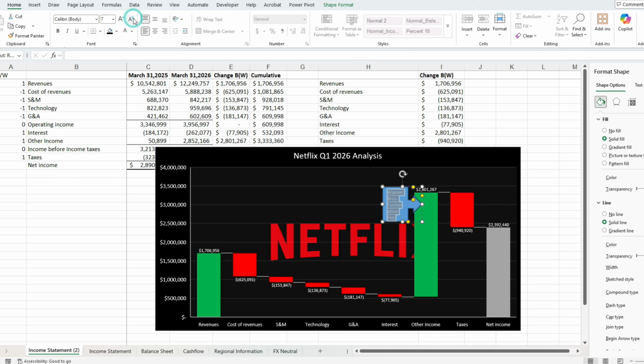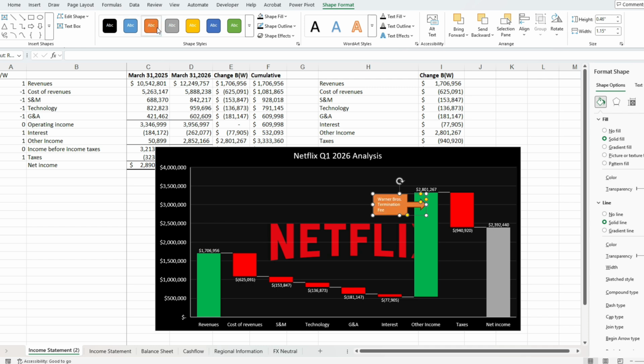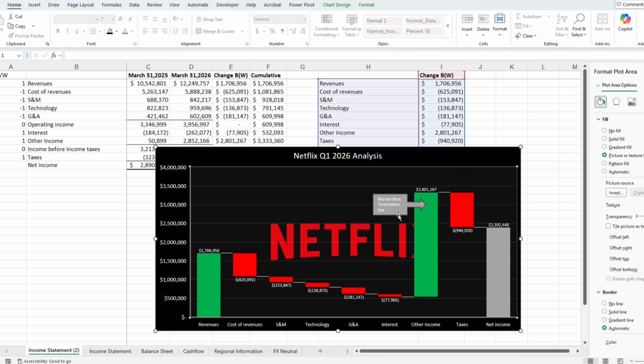And I'll select this to shrink this down in size so it's a lot easier to read, perhaps a size 7, and stretch this out a little bit more. So it's not taking up too much space, but it's easier to read and give us a bit more context as to the reason behind it. And then you can adjust the shape color if you wanted. So if you want a different background, whatever the case may be, it's a lot easier now to explain what happened for a specific